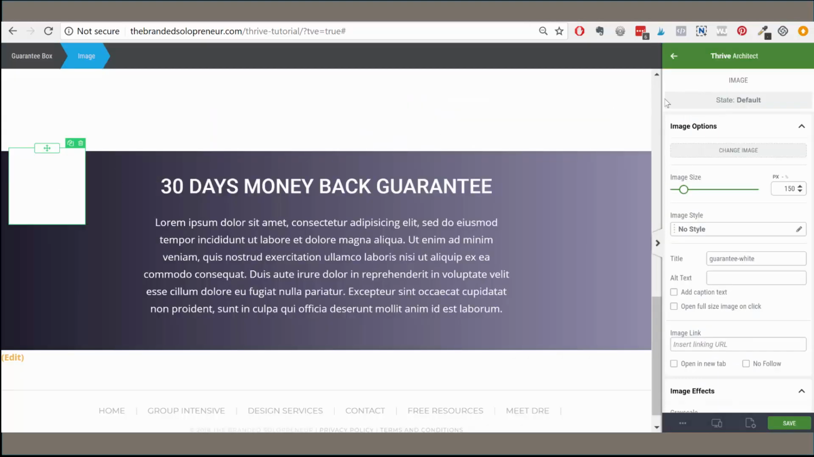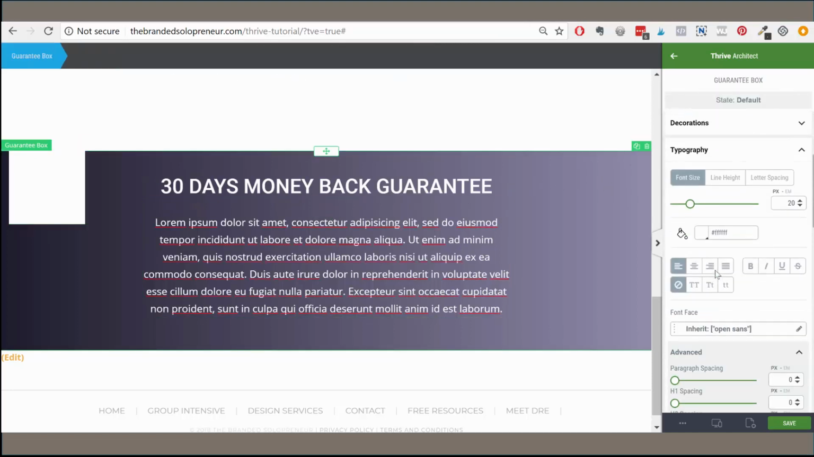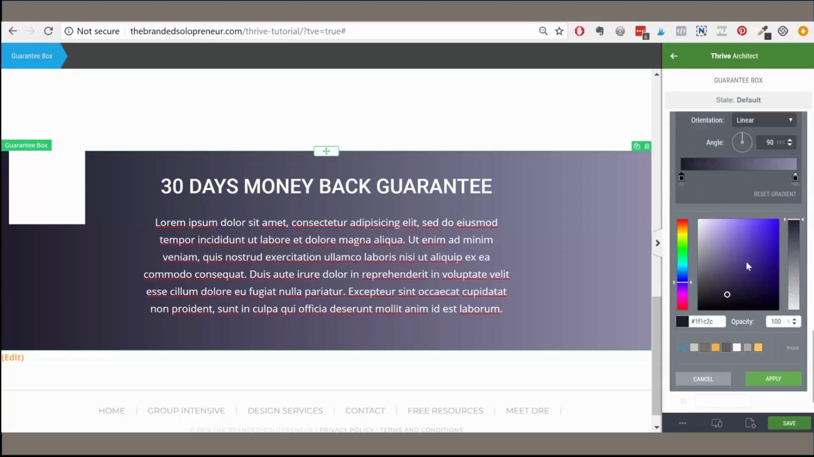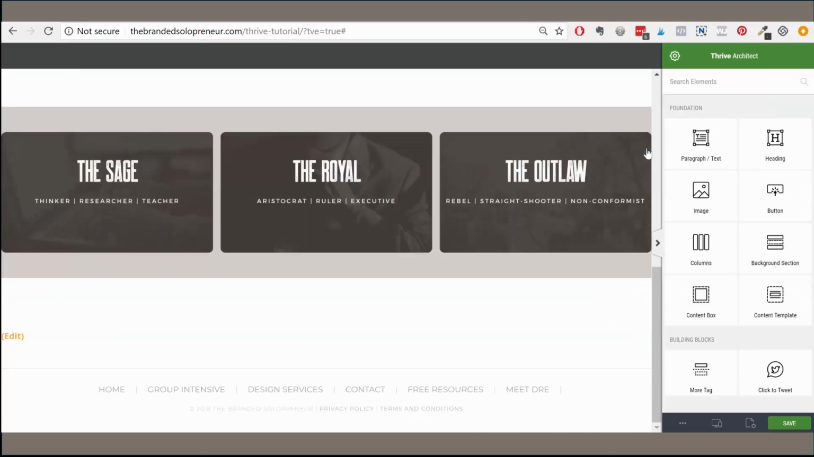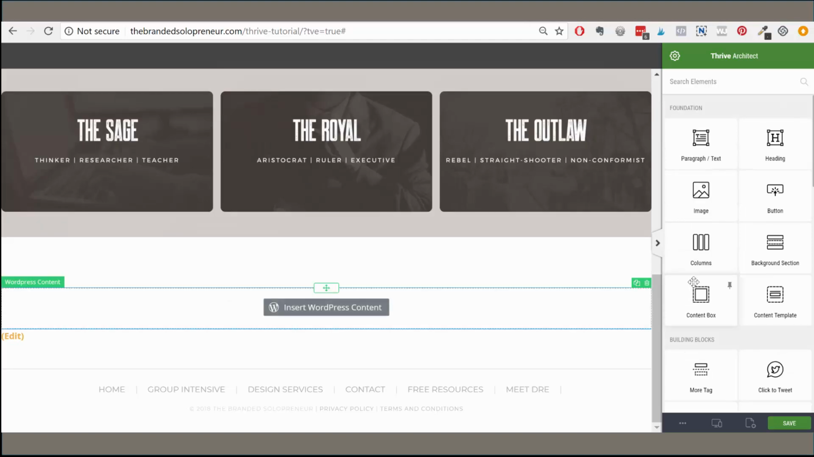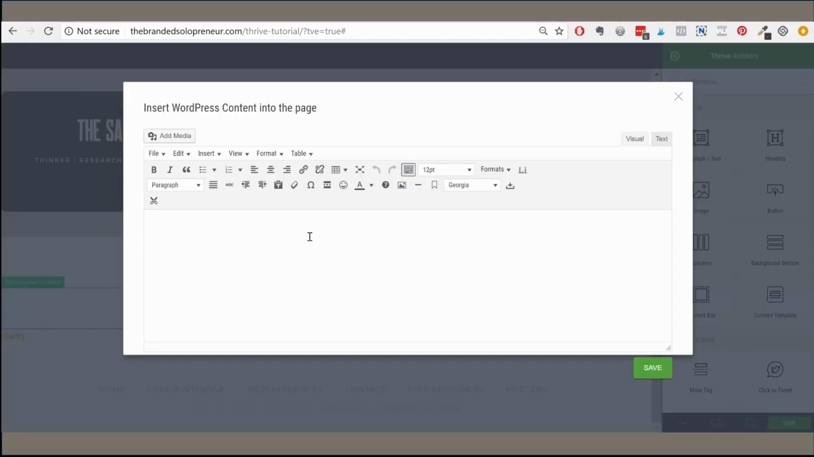Just click up here. You can add your own badge, change the text, change the gradient at the bottom, right? Pick whatever colors you want. All right there laid out for you. Oh, another cool element I love is the ability to put in WordPress content. So if you want to add something you're just more comfortable with in the WordPress dashboard, this is how you can get to it inside Thrive. So you just select the WordPress content, it'll open this quasi WordPress dashboard,